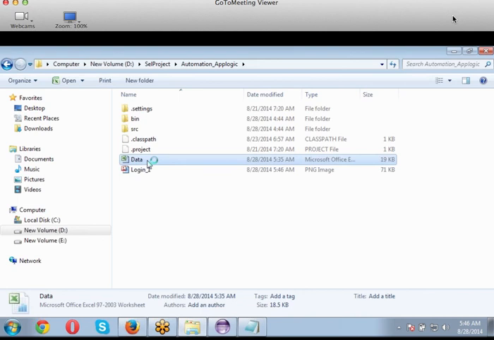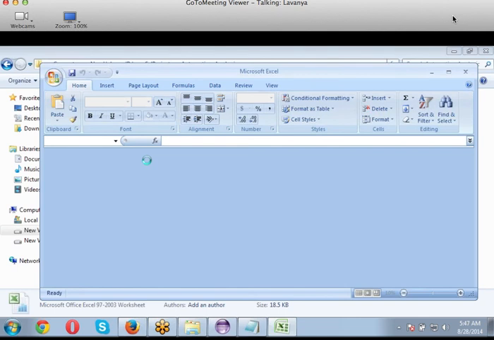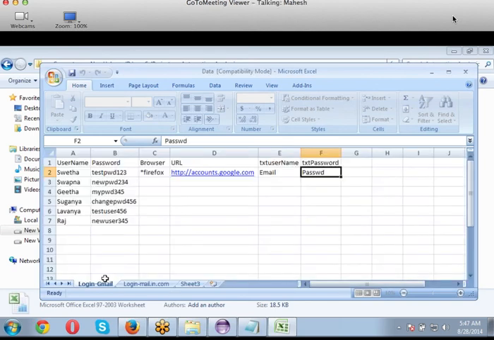Okay. Here is my first spreadsheet. We have mentioned browser URL, text username, and text password for the first person, so it's displaying only the first one.